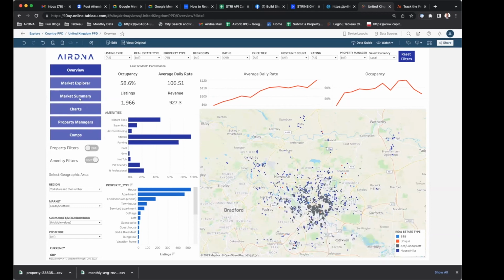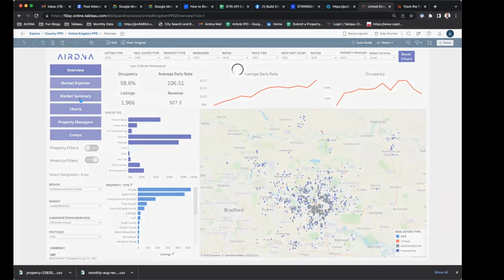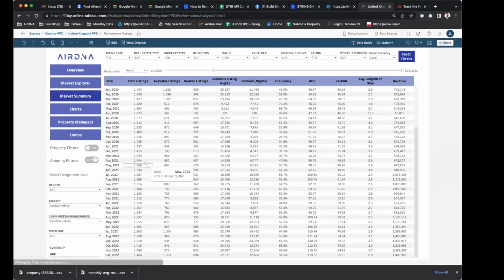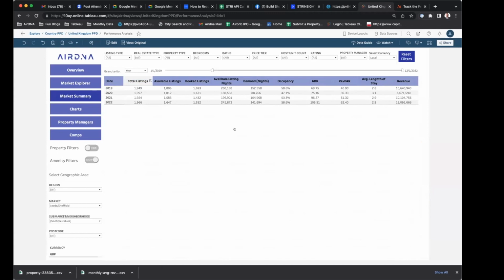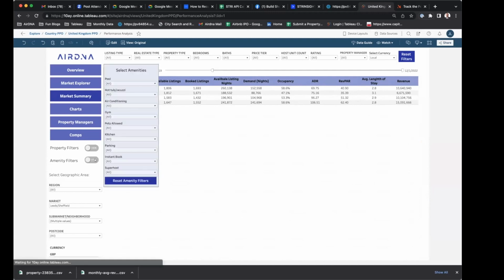I can then click on market summary, and this is going to give me monthly history over time. For ease of use, I'm going to aggregate this now by annual performance. So you can see annual occupancy, ADR, RevPAR. And now I can start doing analysis of what is the impact of all these different amenities on my occupancy